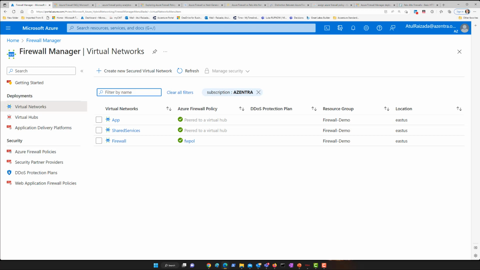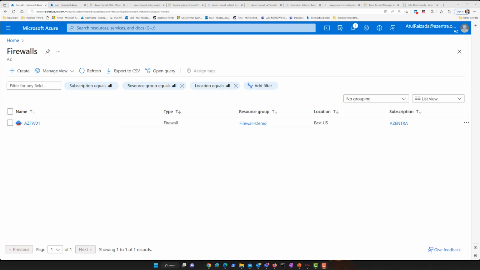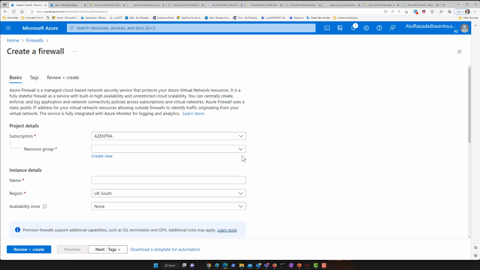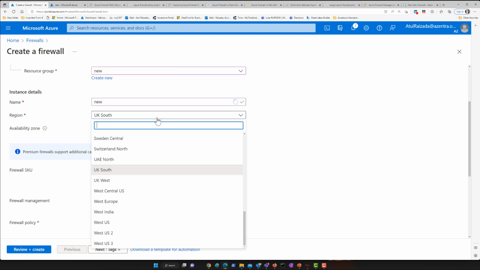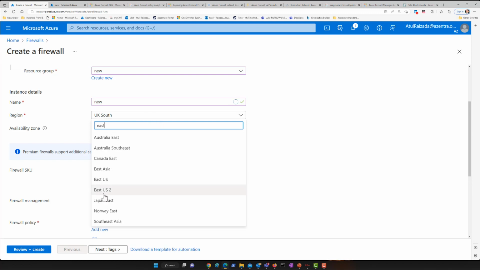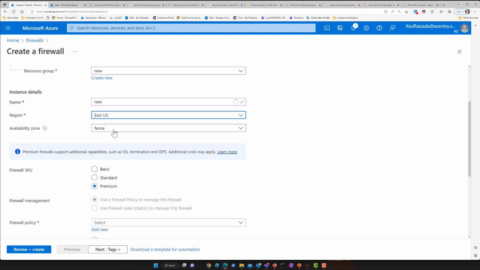So let me do quickly a couple of things. All right, so let's see the deployment of an Azure firewall, and as I told you, it's pretty quick and simple and straightforward. Let's try to see if I'm going to create a firewall here. I created a new resource group just for this purpose, and I'm not going to deploy it. I'm just going to show you how quick and how simple it is. And I'm going to deploy in East US